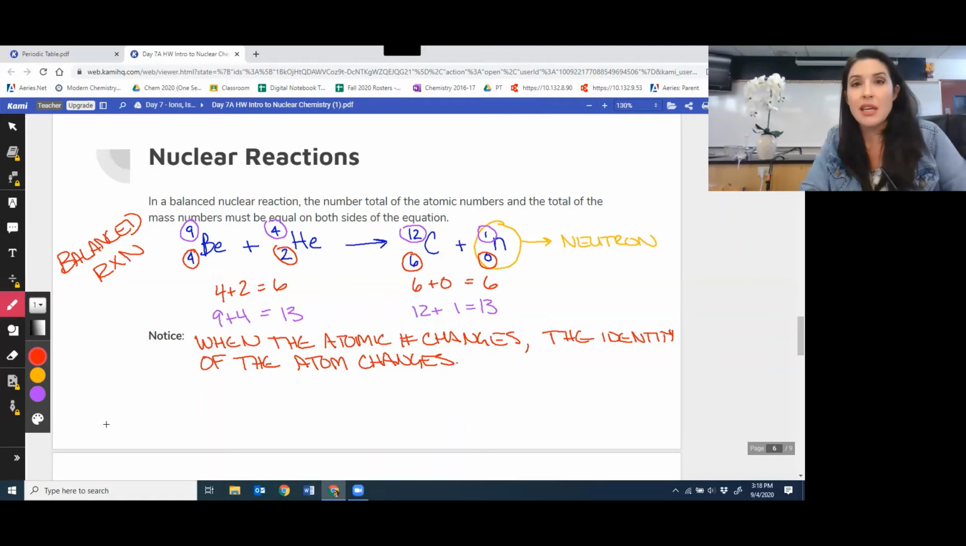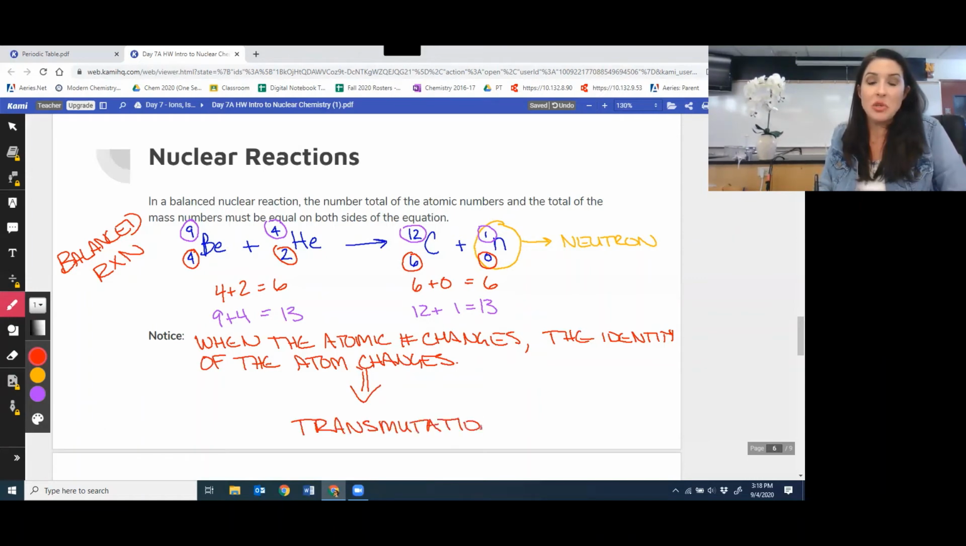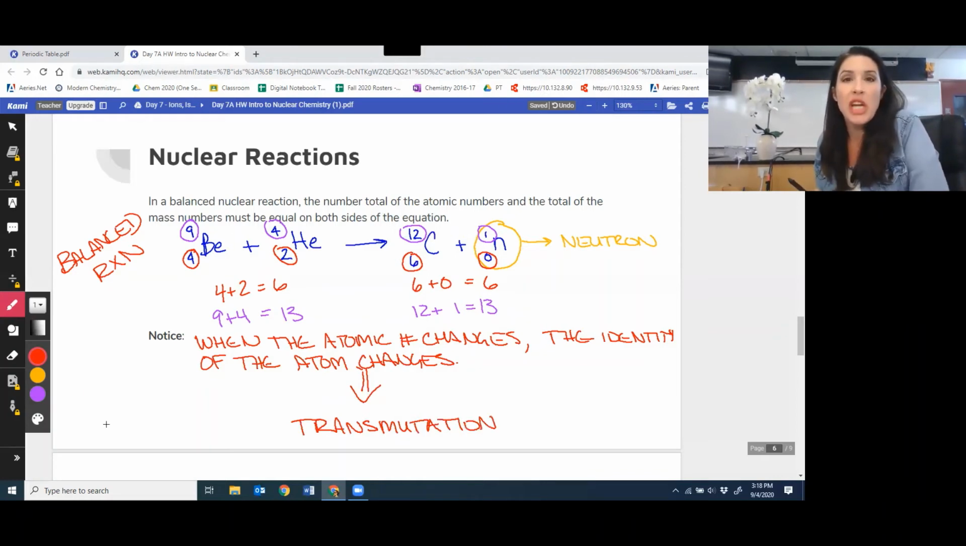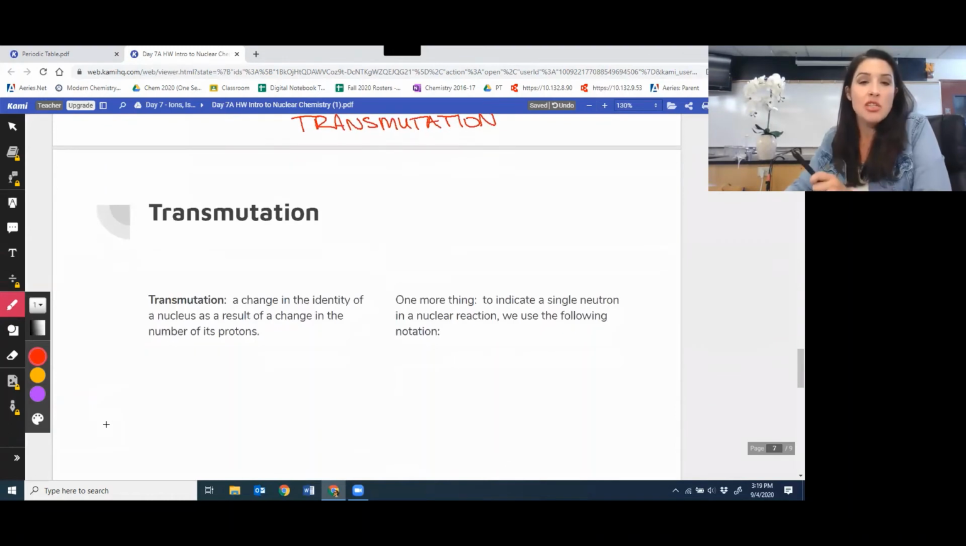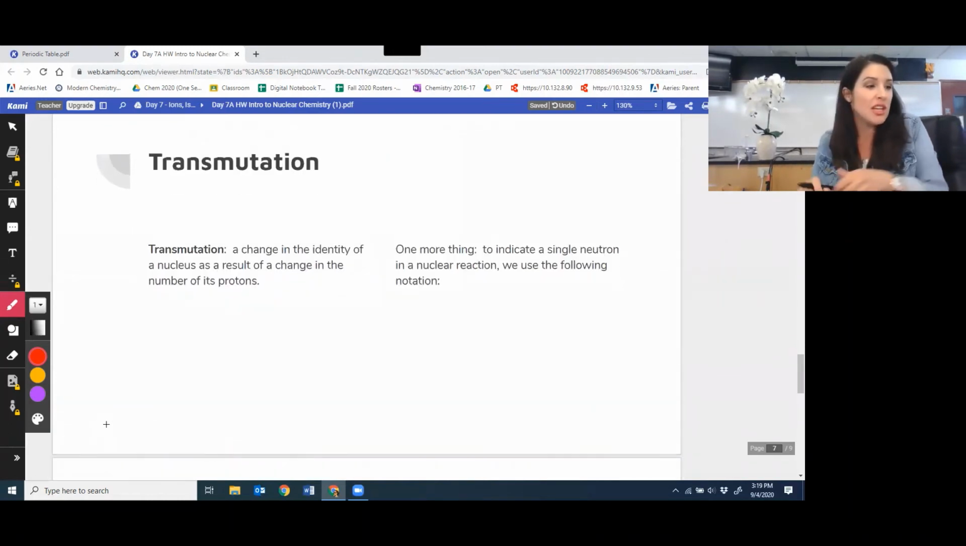Only protons can give the identity of the atom in question. So this is interesting. This is a new feature, and this has a title called transmutation. Transmutation: when a nucleus undergoes a reaction that changes its identity or changes the composition of the nucleus. Transmutation, a change in the identity of a nucleus as a result of a change in the number of its